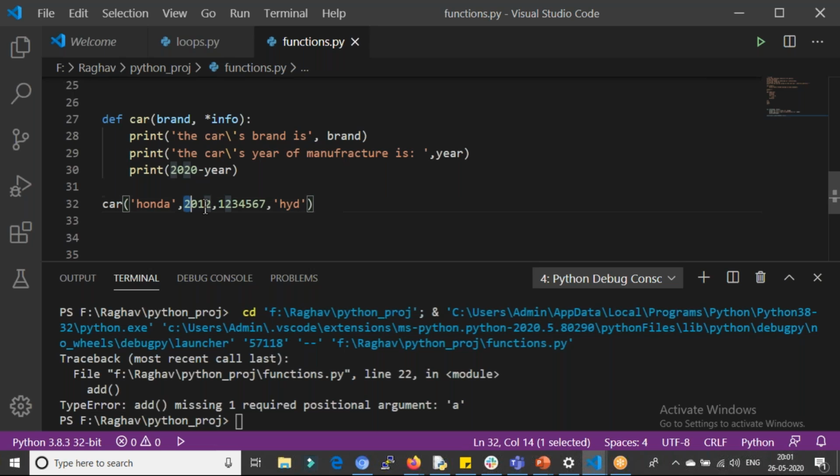Then how will I know which one is related to which parameter? I can place 2012 afterwards also, I can place the city at the starting, and the number at the end or the starting. Then how will I know which is related to which?